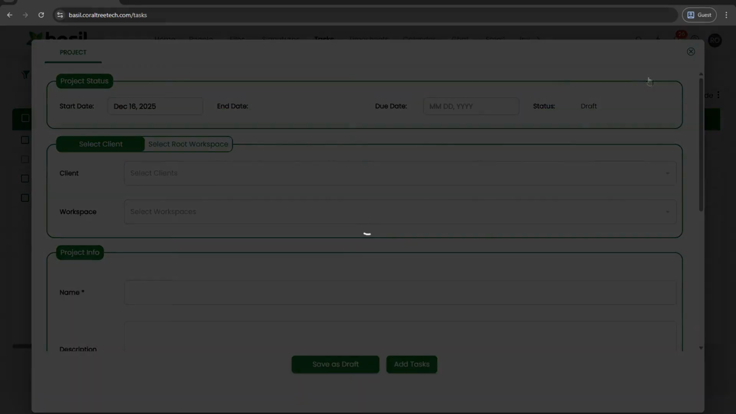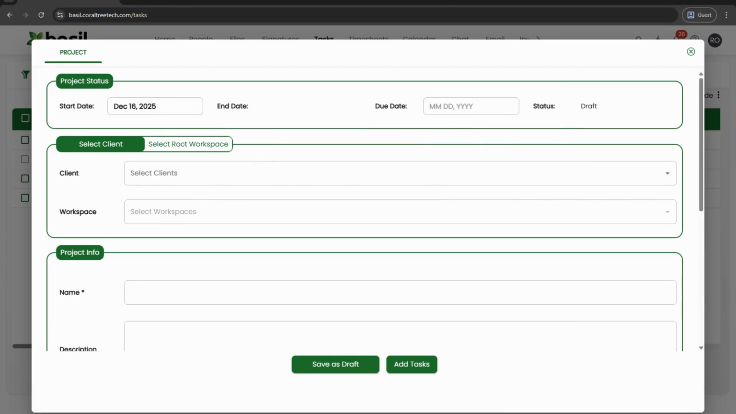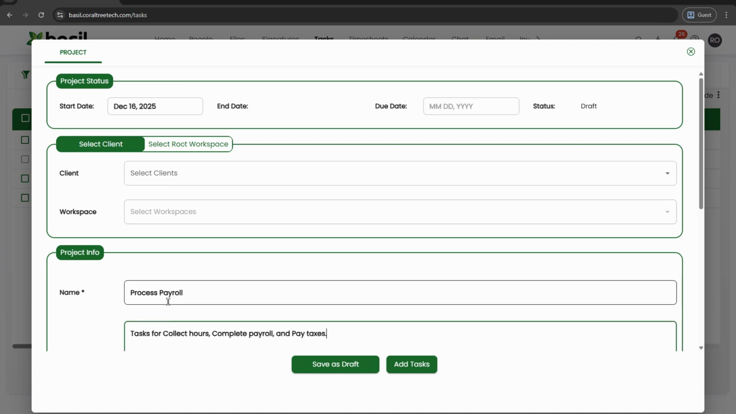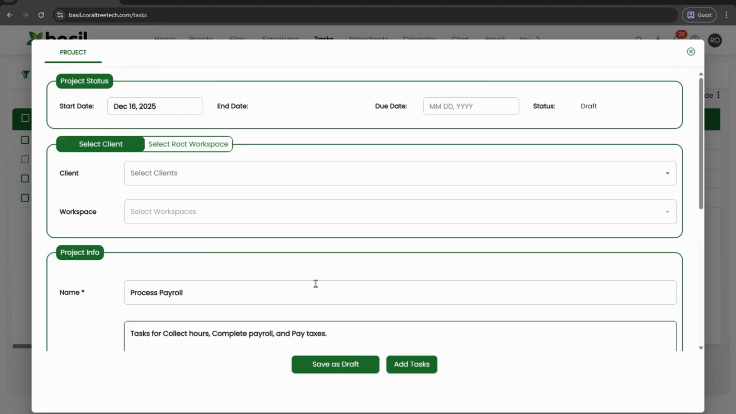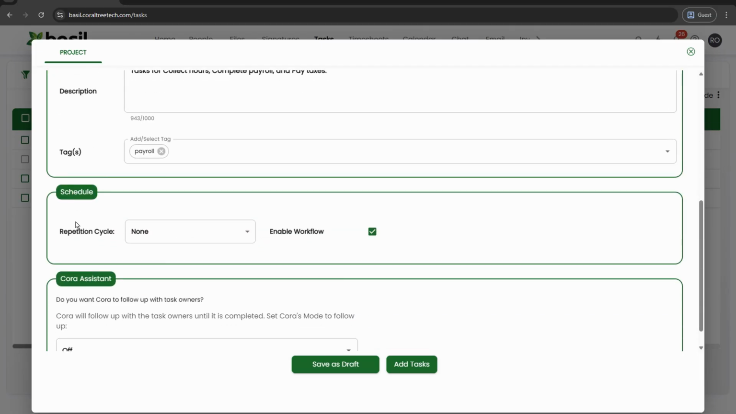In the context of a project template, some fields are required, some fields are optional, and some fields will be cleared upon being saved to a template. This means whatever you put in for the cleared fields will not carry over whenever you go to apply the template. Project name is the only required field. The optional fields are description, tags, and the Enable Workflow checkbox. The fields that get cleared upon becoming a template are Start Date, Due Date, Client, Workspace, Repetition Cycle, and Cora